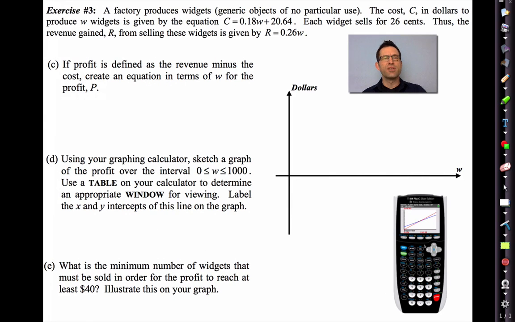Okay. So, continuing with exercise 3, it says a factory produces widgets, and so on. Letter C. If profit is defined as revenue minus cost, create an equation in terms of W for the profit. So the profit is the revenue minus the cost. Now we have to be very careful here. So the profit in terms of W will be the revenue,